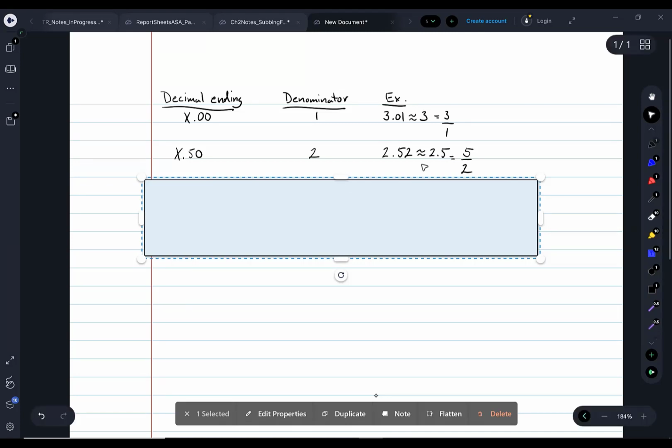So for example, if I got 2.52, well, that's a lot closer to 0.5 than it is 0.0, right? So 2.52 is almost 2.5, which if you wrote it as a mixed fraction is 2 1/2, right? And 2 1/2 written as an improper fraction,